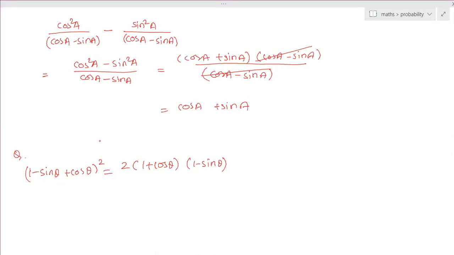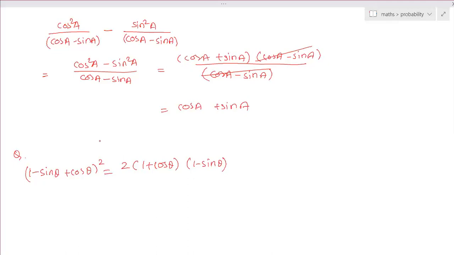Ma'am, can we take (A plus B) whole square in this? A plus B. So what is A here? 1 minus sin theta. But again, you have to find the square of that. So better than one time only, take A plus B plus C whole square. Yeah, because you will do that way also. You will get again A square as (1 minus sine theta) whole square. Again, you have to open the bracket, so better if you do directly. Okay. Better you do directly. If it's a cube, then we will think of it.